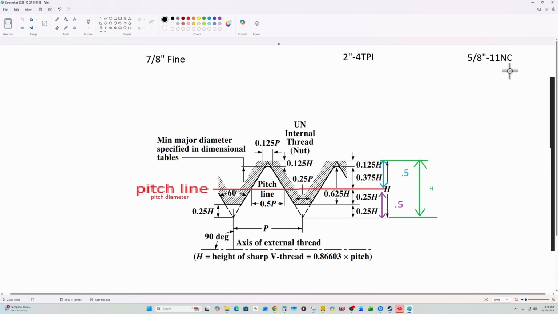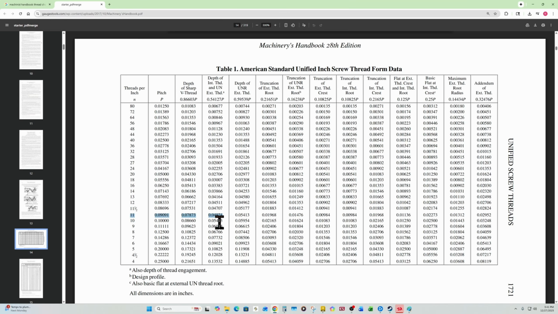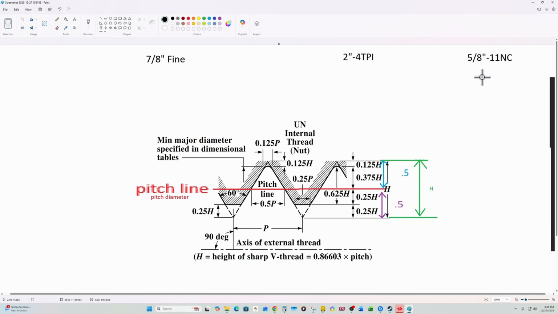So now that we're here, we're gonna write down the information for the 11, for the 4, and we're gonna see what the 7/8. We'll look for it in a bit. We'll leave that one for towards the end. So for the 11, it was 0.078 something. I have a bad memory. 0.07873. Okay, 0.07873. So, and the H, let me actually make it like that. H equals